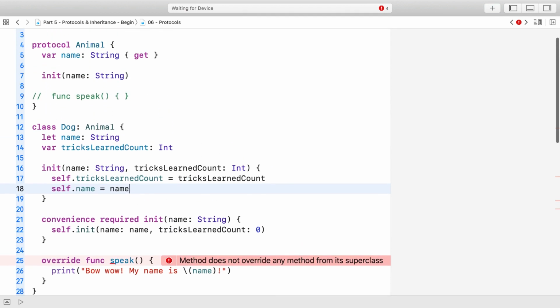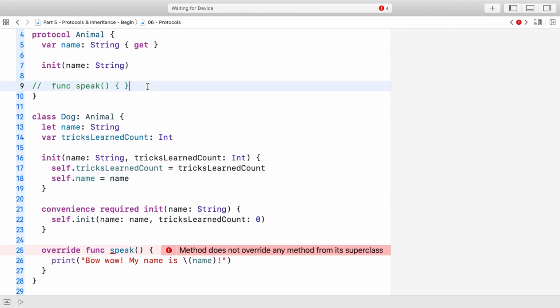For the last requirement that an animal can speak, the necessary change is the smallest so far. Uncommenting what we had, we see that protocol methods don't and can't have bodies, so we delete it. And now we're even more clearly expressing that an animal has to be able to speak than we were before.